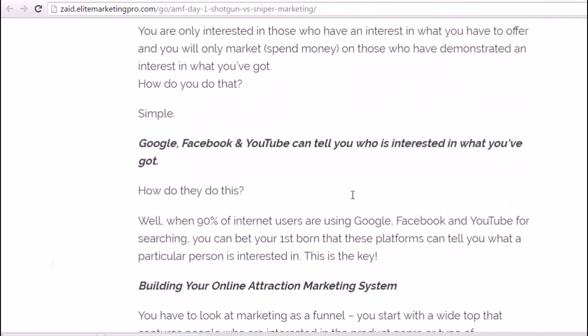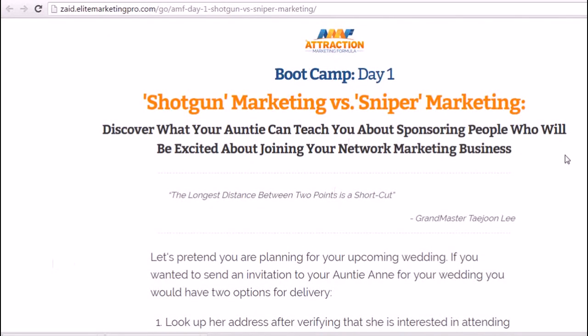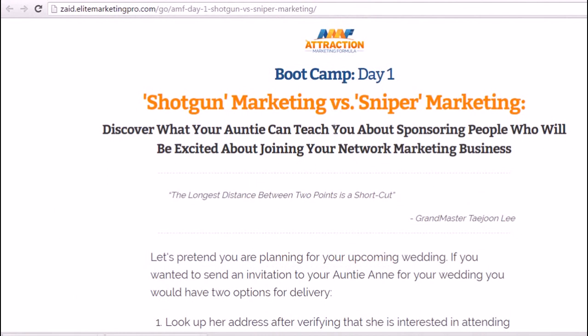So every day they'll get one of these emails and access to their bootcamp, day 2 all the way to day 10, right? Adding value, adding value, adding value. This is how it's done. And the most important thing is that you are building your list. You've got access to this customer now. You can add value over and above this, send them videos or content, tips and techniques, and recipes if you're in that kind of industry. It's a brilliant way to do your business.